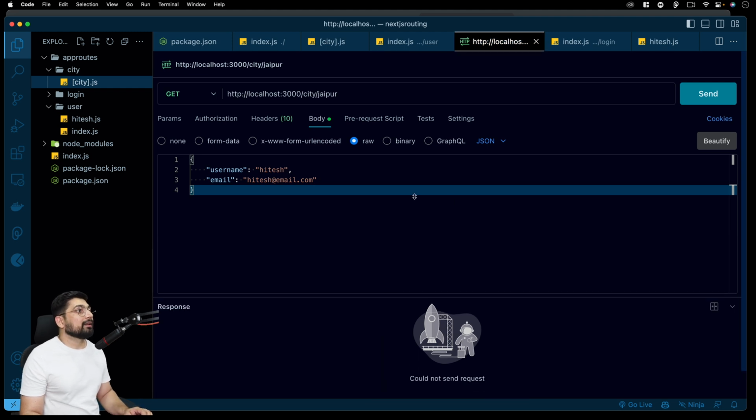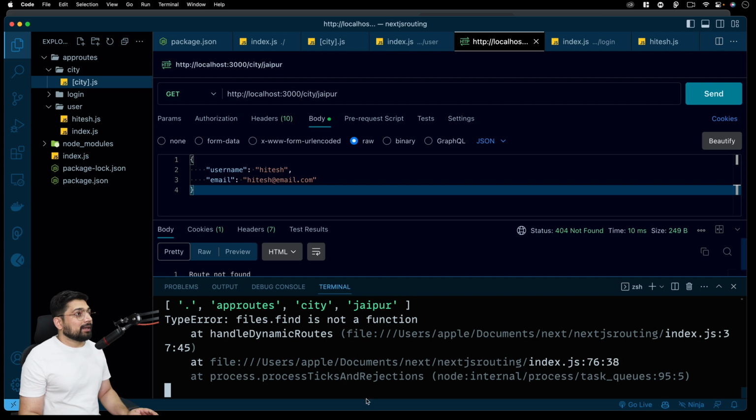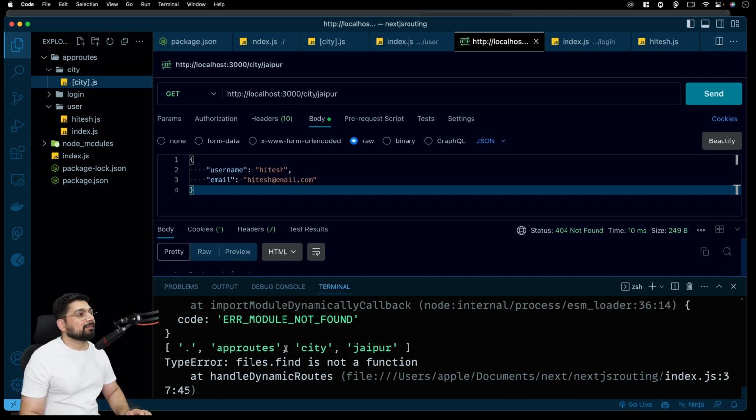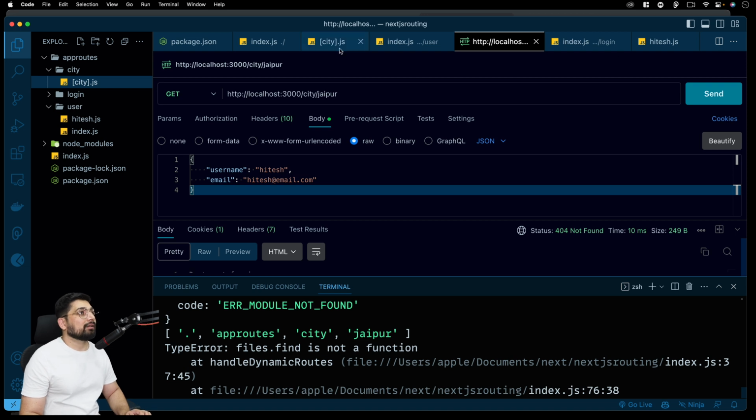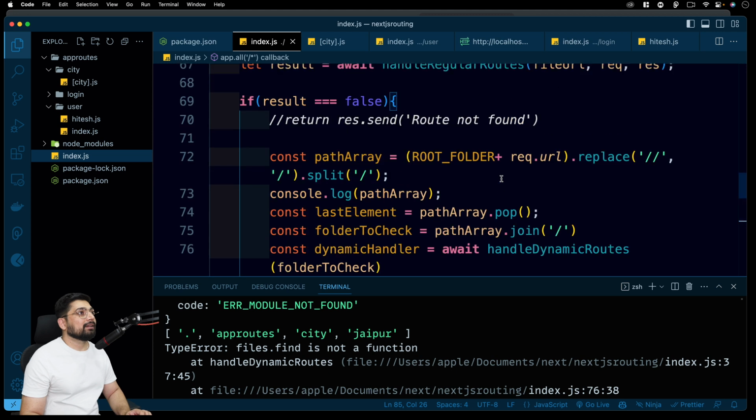Otherwise we'll debug. All right, so let's go ahead and say this is city, Jaipur, send it, route not found. All right, what's your problem? Files.find is not a function. All right, where did I mess it up? Files.find is a function. Come on, I know that it exists